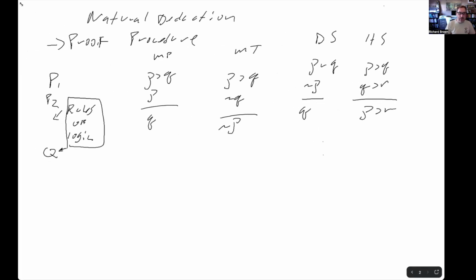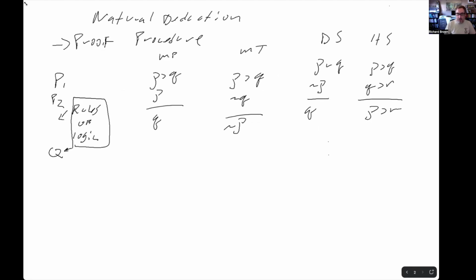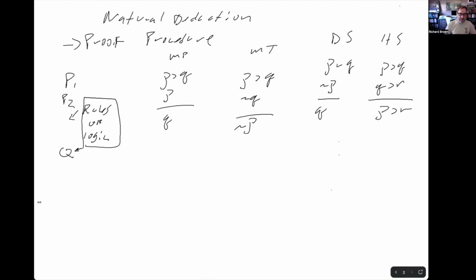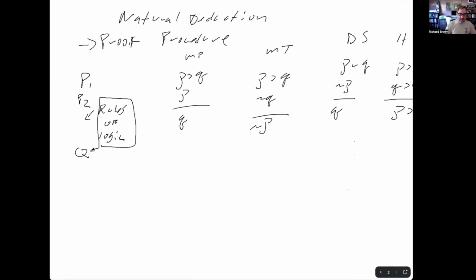Because I have my book open here. This is Hurley we're using, a concise introduction. There are various reasons for using that book, but okay. So I have it open behind the screen here so I can read from it. So if you have yours, if you're in the class or you have it for some other reason, this is on page 338. So the argument there says, if the Astros switch leagues, then the Braves will not win